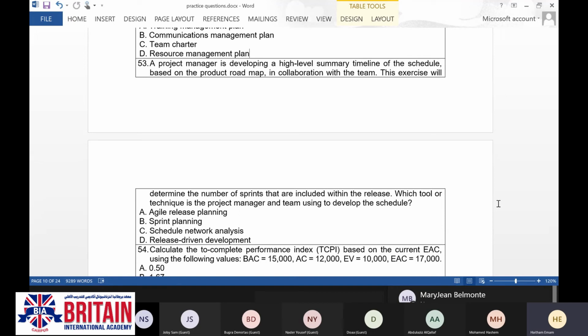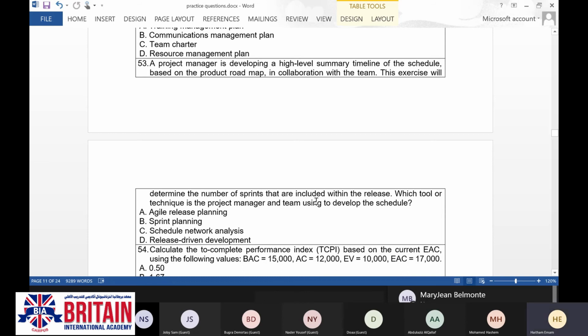But when it comes to the number of sprints, for sure we are going to omit this, because here we are talking about either agile release planning, sprint planning, or release driven development.